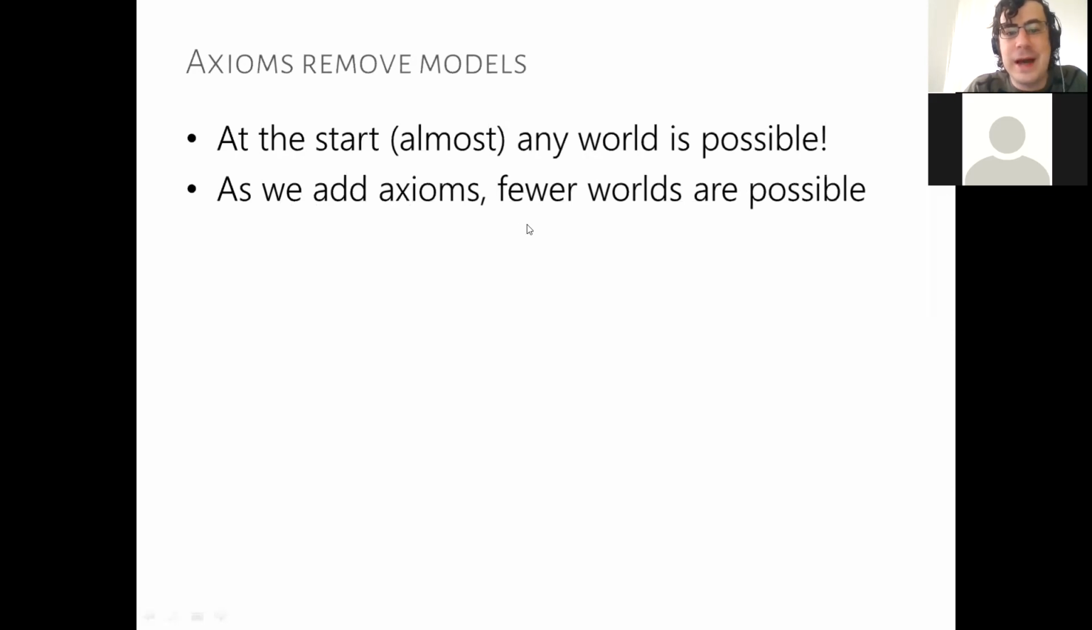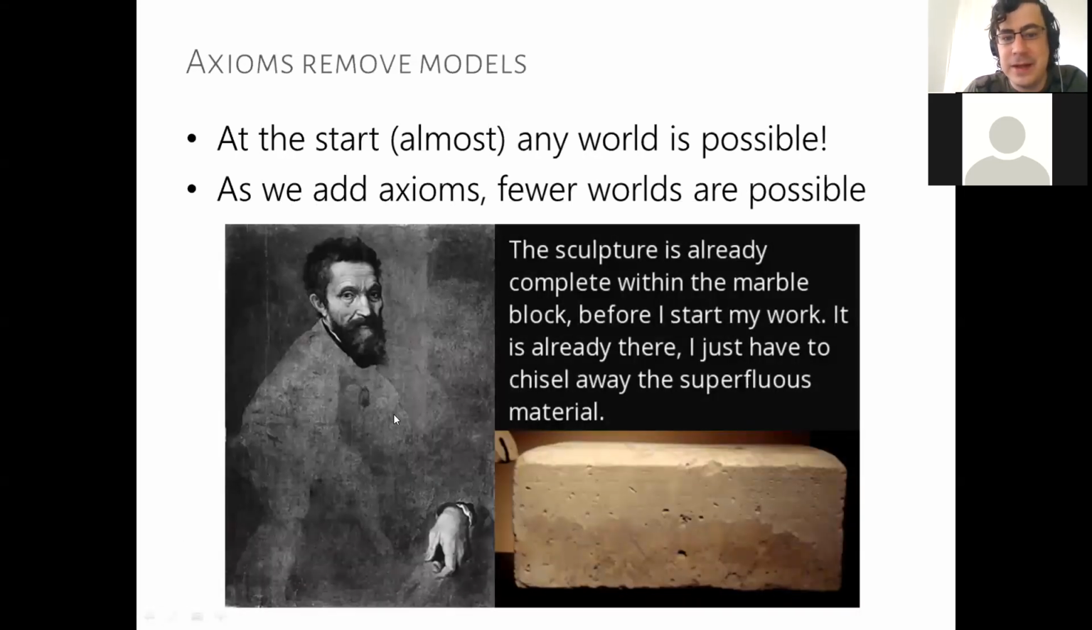And as we add axioms, fewer worlds are possible. So we have fewer models for our graph. As we add more data, more definitions, we start ruling out models from the set of all possible models. So it's this idea of a sculpture. At the start you have a block of stone, which is all of the models. And as you define things, you start chipping away and chipping away at it to reveal more of what you want to describe. So you start with essentially